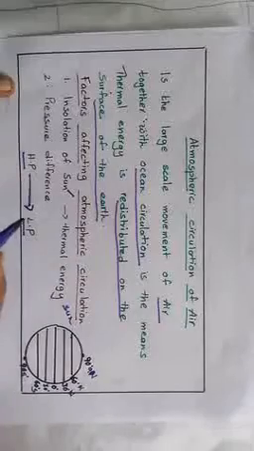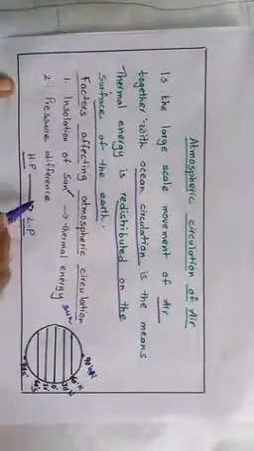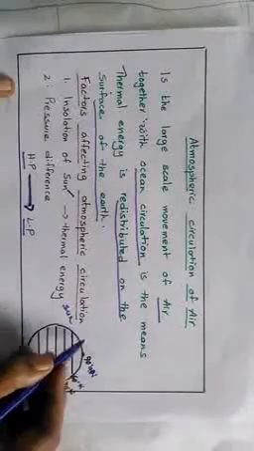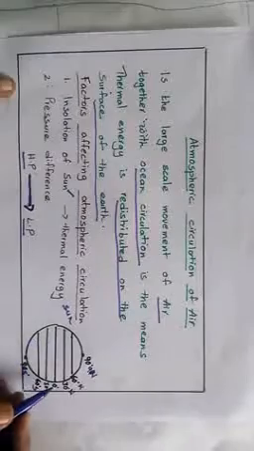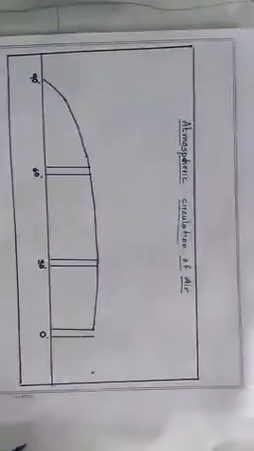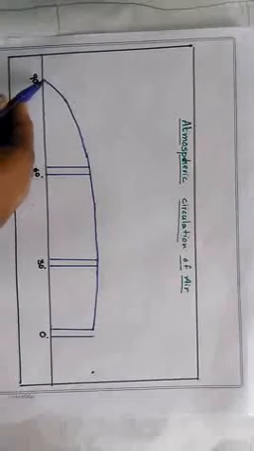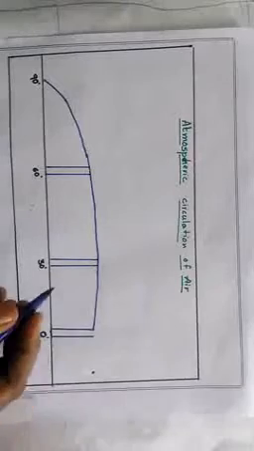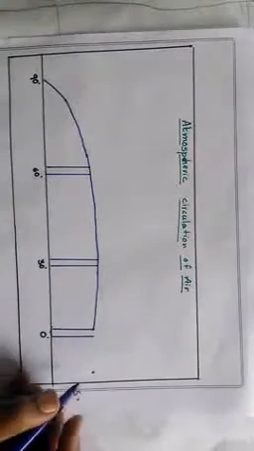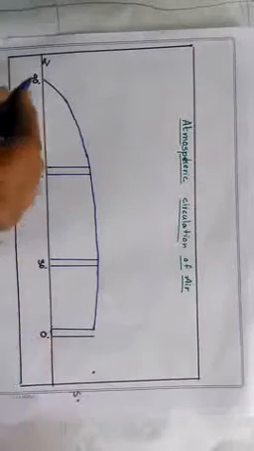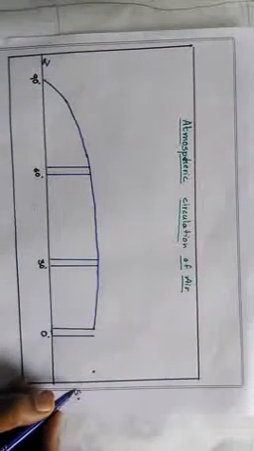To know the entire concept of atmospheric circulation of air, we should be familiar with the fact that air moves from high pressure areas to low pressure areas, and with the latitudinal distribution of the earth. These latitudes are very important for this concept. So this is the earth. This is the equator, 0 degree latitude, and this is the southern hemisphere and this is the northern hemisphere.